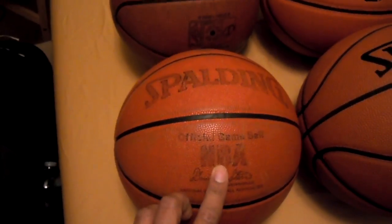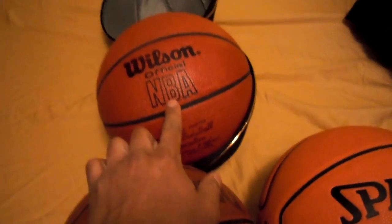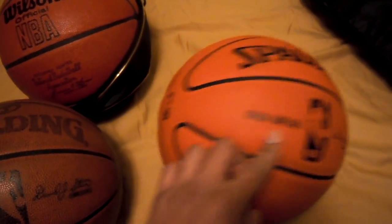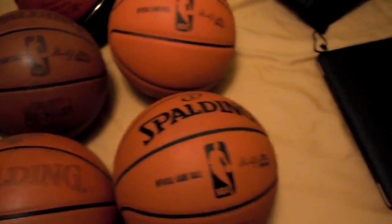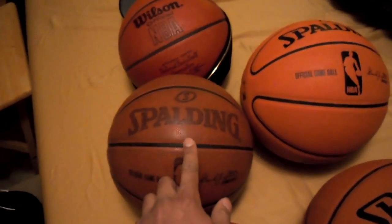Now this says official game ball on it. So does this one. That one is in a different league. This says official game ball, but this is in a different league because this is discontinued, and everybody knows that this one's not made from leather. An official game ball right here too. Now you can tell that